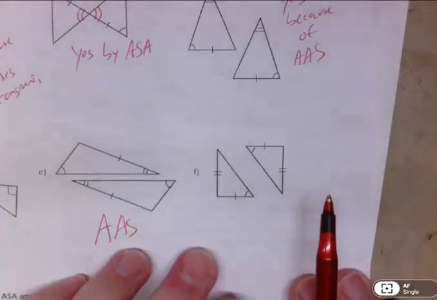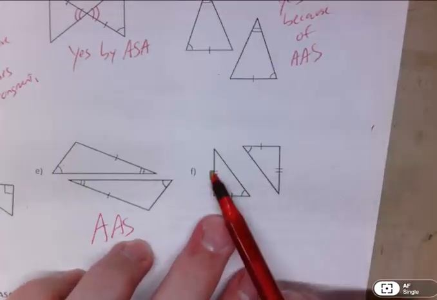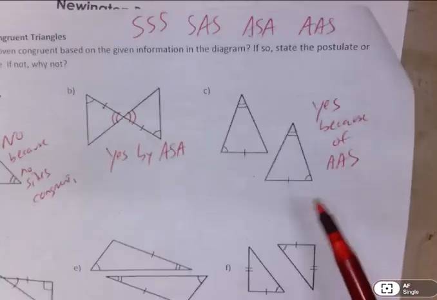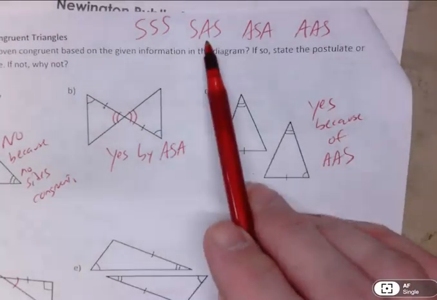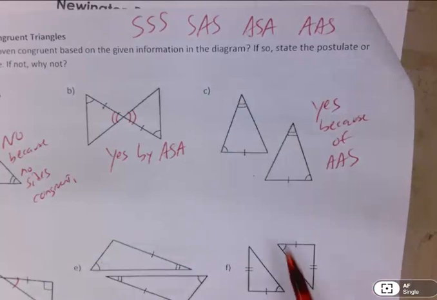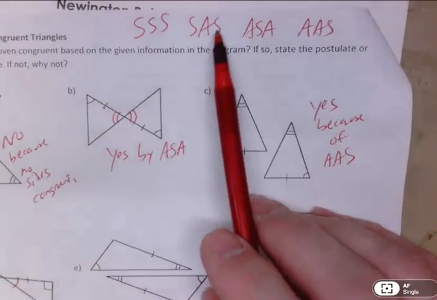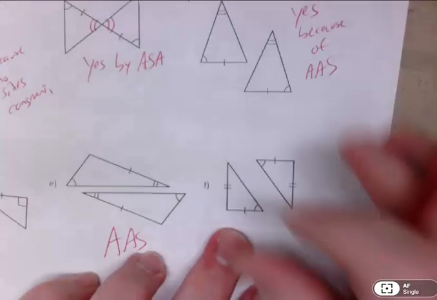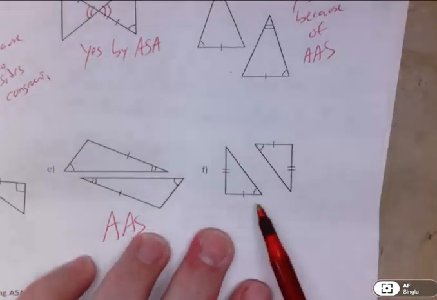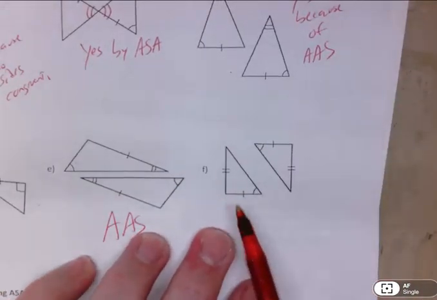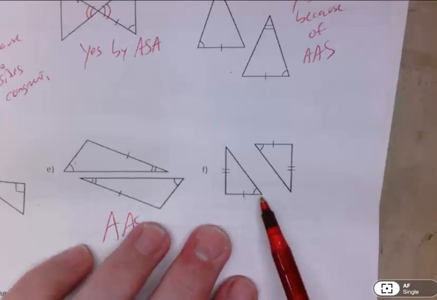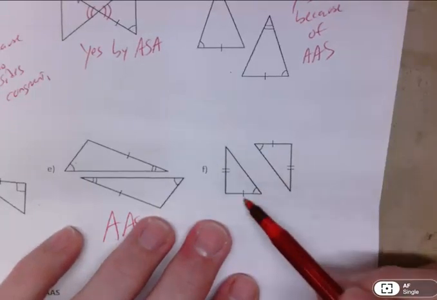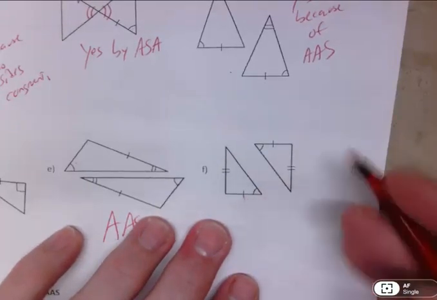And then this last one here for this first video, we've got 2 sides and an angle. All right, let me go back to my shortcuts here. Side, side, side, side, angle, side. So there's 2 sides and an angle here, there's 2 sides and an angle here, but the problem is you have to have the angle in between. If you remember on Tuesday or whatever day it was, I said you can't use ASS, right? We kind of joked about it, but that is not a valid way of proving triangles congruent. So if the angle is not between the 2 sides, then you can't justify it. So this would be no,